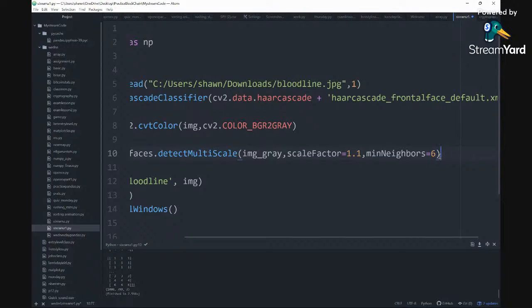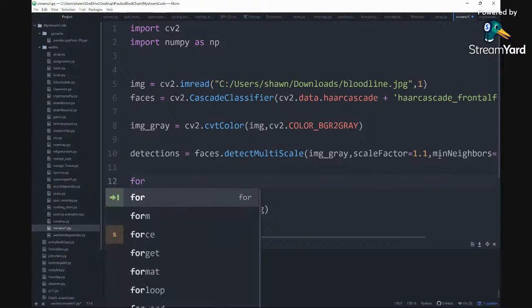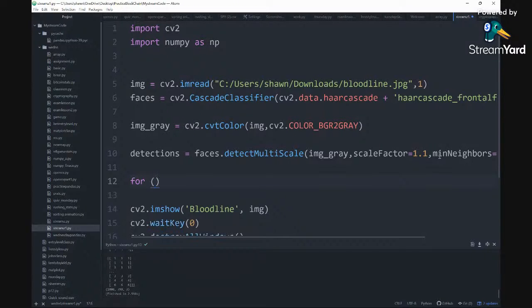So now, since we have that so far for our detection, we're gonna create our for loop. This was easy. This was pretty much the same thing that we saw on that particular file. So we'll do for, and then we'll put right here x, y, w, and h. So it's gonna be looping the sizes in that shape inside the faces. So that's why we're gonna put in